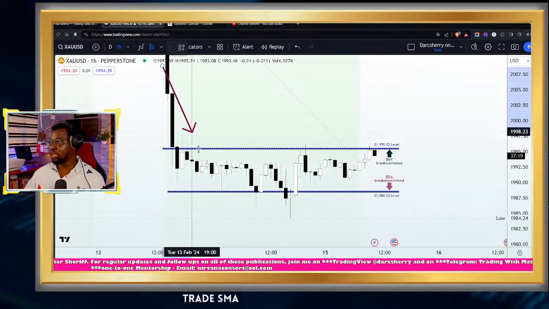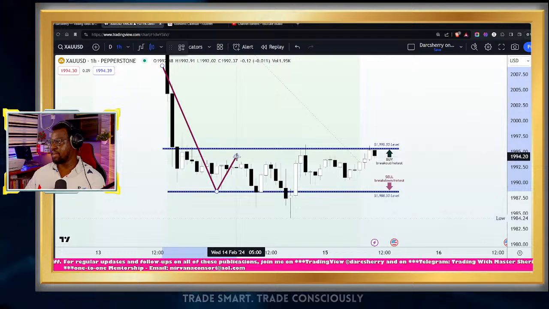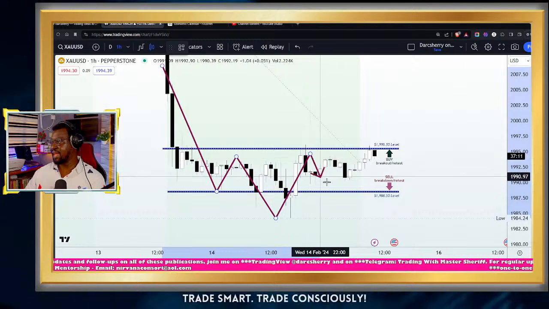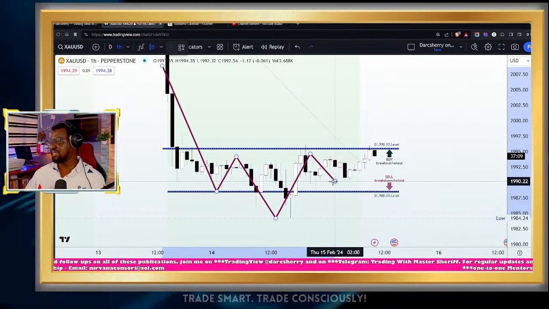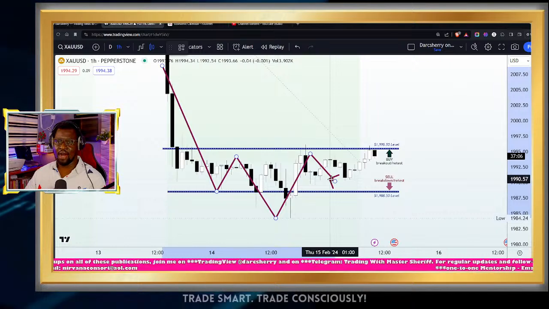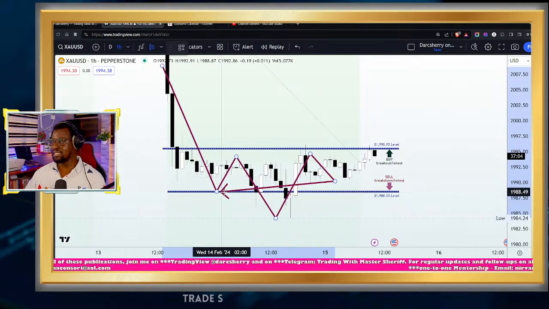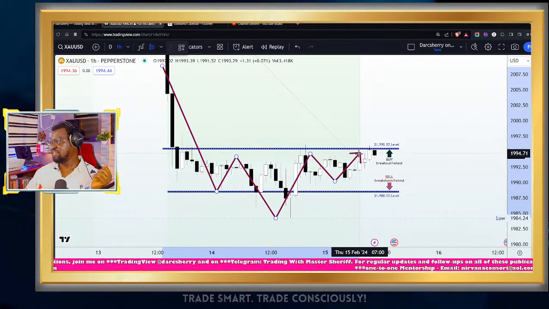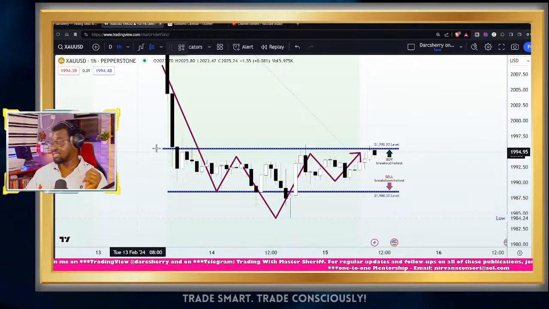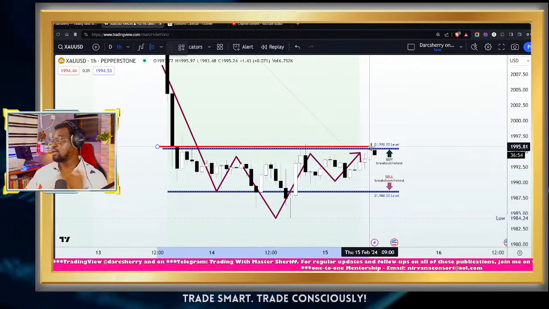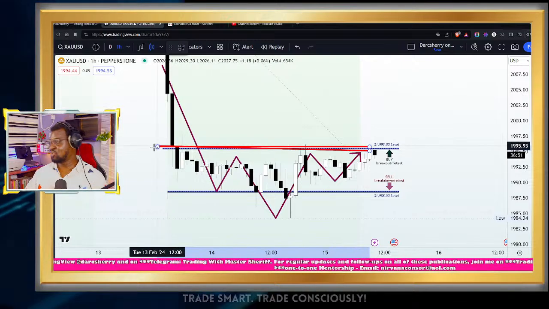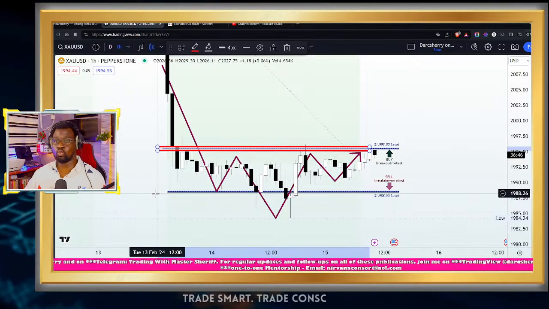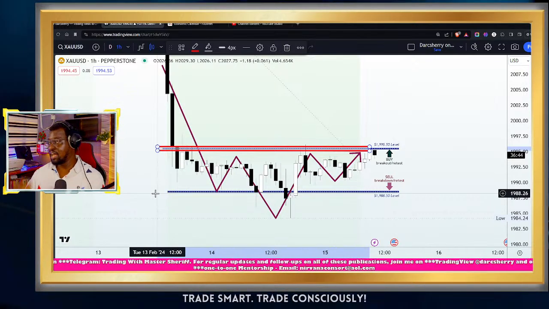Now, if we consider the impulsive move right into this area, we see something like the left shoulder, then we have something like the head right here, and of course you can see price is somehow finding higher lows here, as price is yet to come even close to the previous left shoulder that we have here, giving us something like this, where the resistance line at the $1,995.50 level could be serving as the neckline of this reversal pattern, where the breakout of the structure will be validating the potency of that reversal pattern.